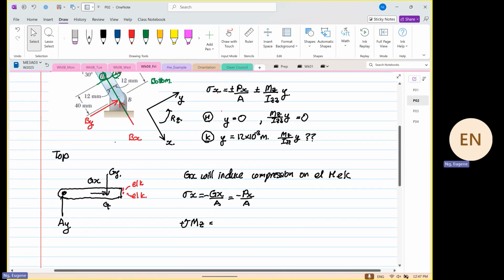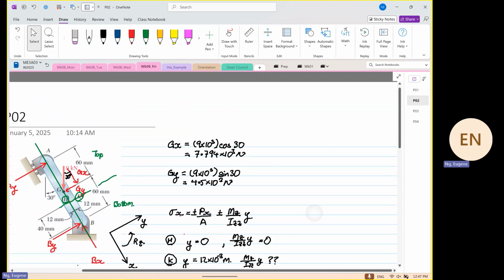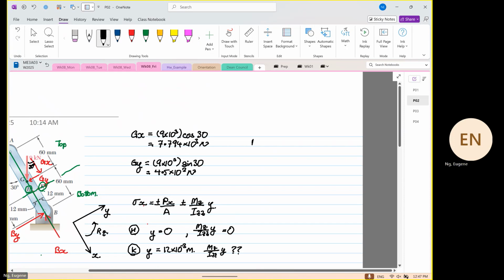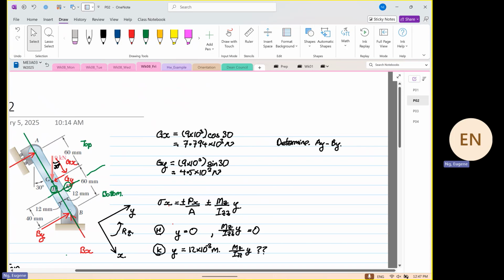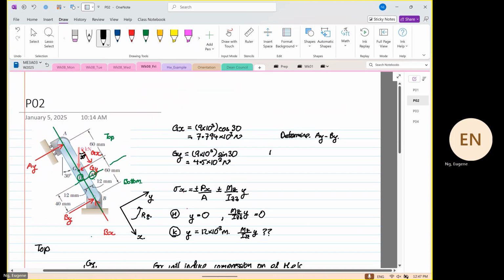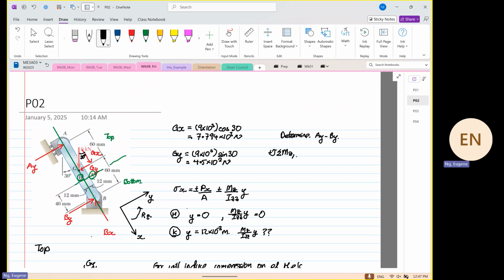Before that, we have to determine AY and BY. So we are going to take our moment at point A, which is equal to 0. So we will have GY. GY is inducing a clockwise direction, minus 4,500. And then we multiply